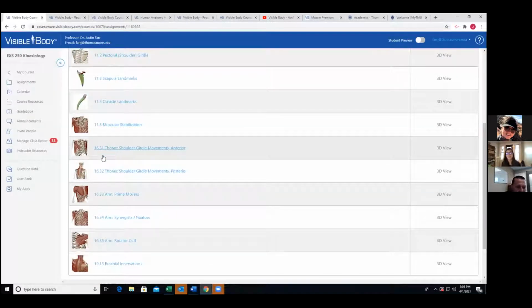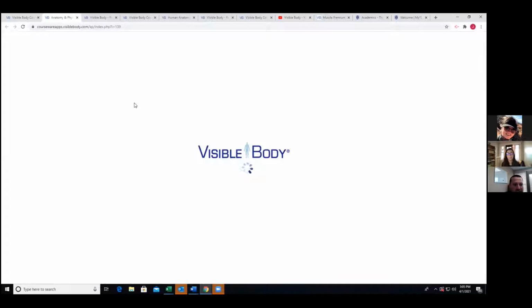One of the really cool things is that you can actually manipulate these things and move them around. One thing I've learned is that sometimes it takes a little bit to load because you're loading a huge system into your computer. So I always try to do a little prep work before class and give it a couple of minutes to make sure my models are loaded. You can also access all of these things through your app. Visible Body has done a great job building these directly into the courseware, but you can also access them through apps. While that's loading,